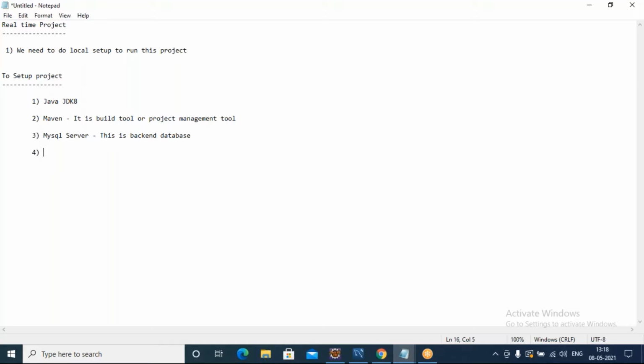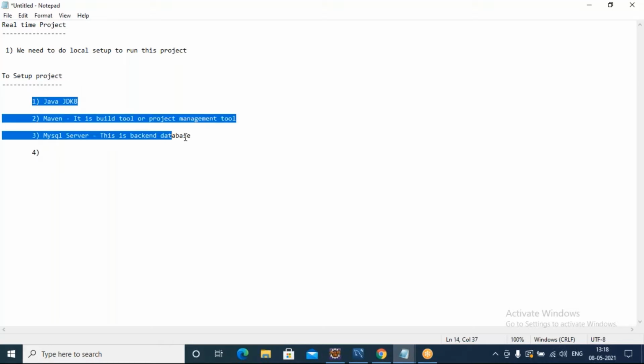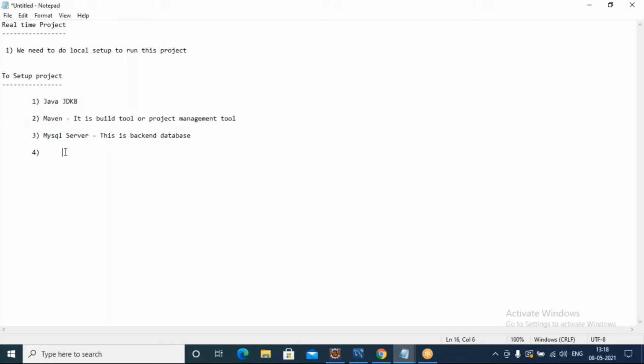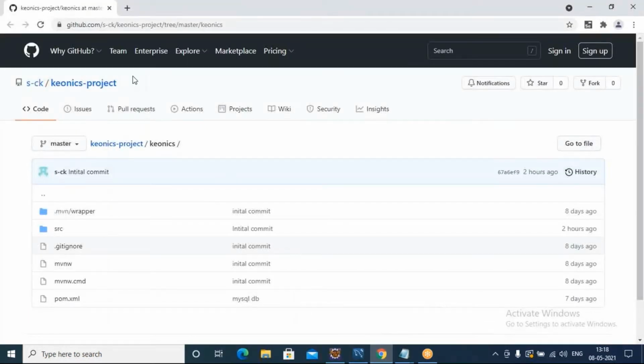Once you do these three steps, you can follow the next step. You can download our project from the GitHub repository. This is our GitHub repository where my entire project is.